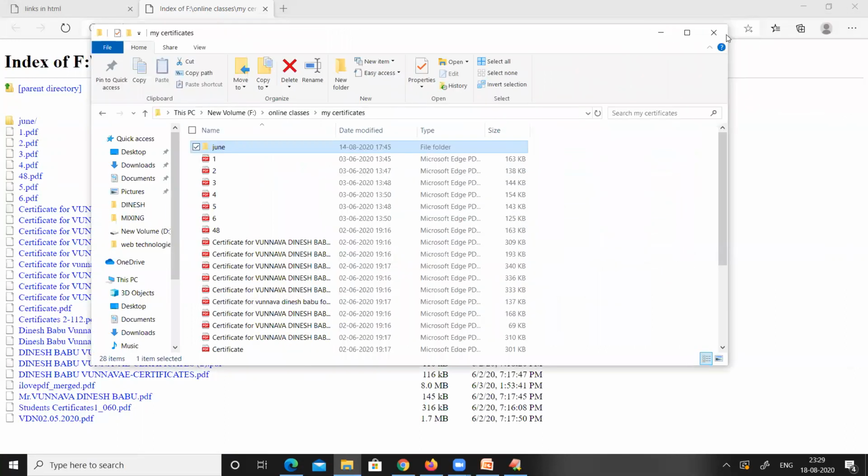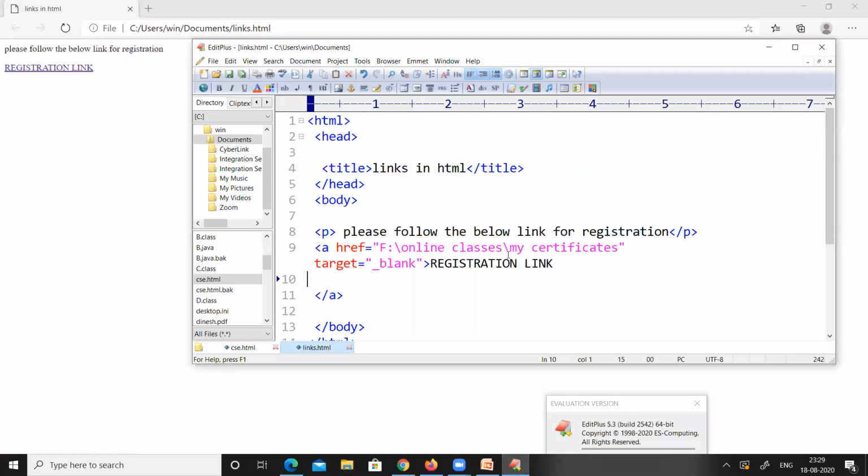So we have created a link here for the My Certificates folder in my computer. So this is how we can create links for images, for websites, and for documents. So I think everyone understood this topic of how to create a link, and I request each and every student and each and every listener, in order to grab some good attention towards all these tags, and in order to get some grip on all these tags, you have to practice yourself.